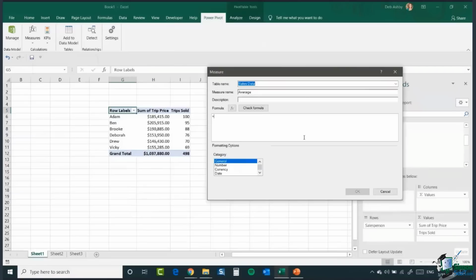So you can see here in this box, it says formula, and I have an equals sign. So if I press the square bracket on my keyboard, it automatically brings up some things that I could do. So if I want to work out the average, I'm essentially going to do the sum of the trip price divided by the number of trips. So I'm going to say sum of trip divided by, if I do a square bracket again,